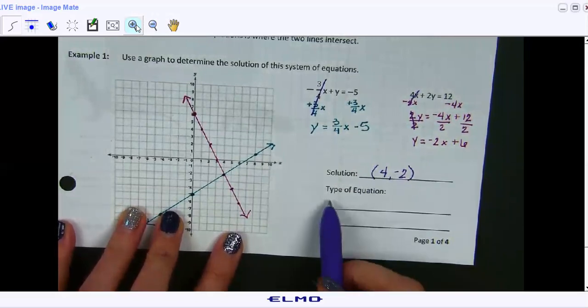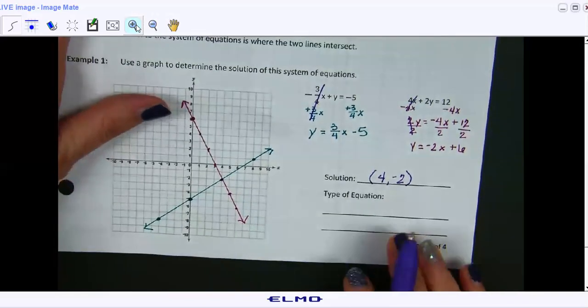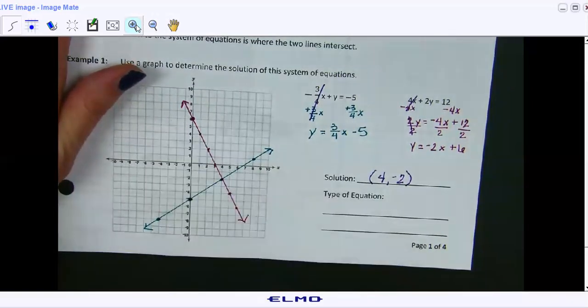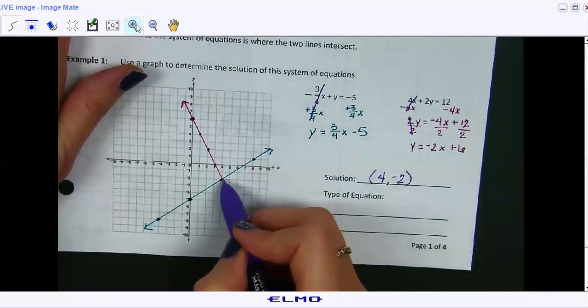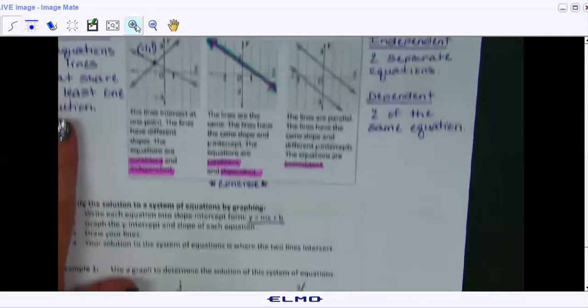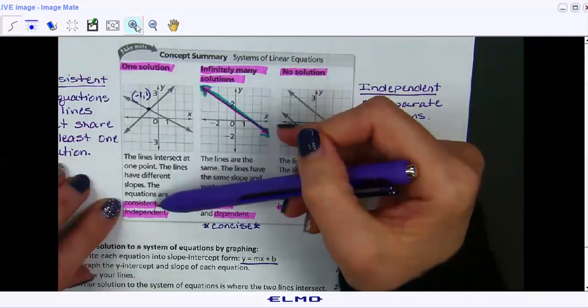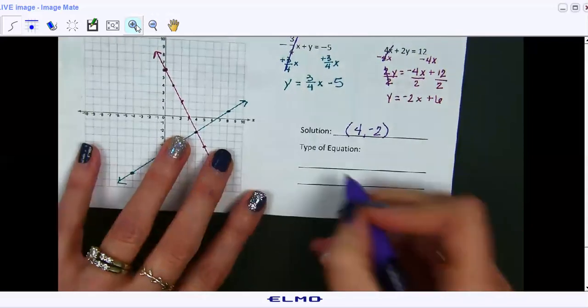Okay, so it does say what is the type of equation? Well, this is where I'm going to use my notes up at the top. How many solutions do these two lines have? One solution where they intersect. That's the only solution. It's at 4, -2. So if I come up here, I look at the graph that says one solution, and the name of my equations would be consistent and independent. So down here, I'm going to write consistent